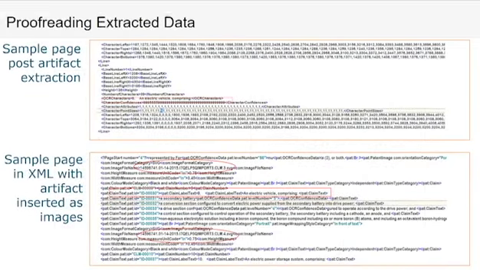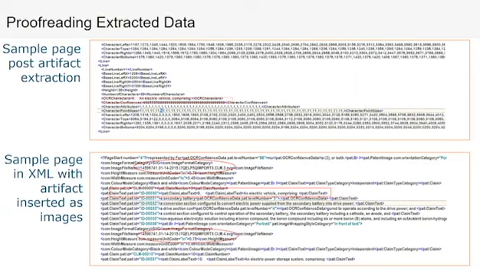Most OCR tools that are out there usually keep page coordinates and the XY location of the OCR text. What we did, we took it a step further and allowed linking back to the artifacts that were removed.